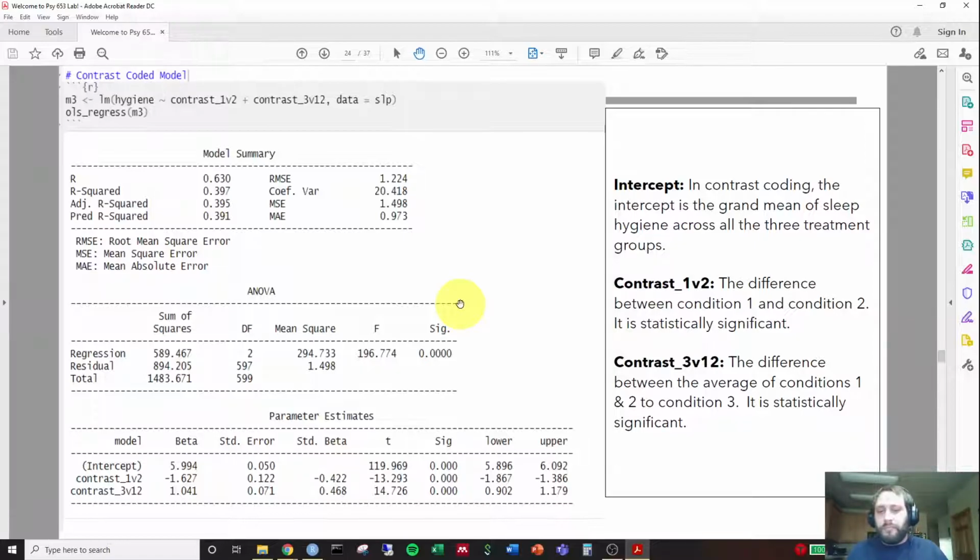by seeing if it hit the grand mean. If it didn't hit the grand mean, it means that your contrasts aren't orthogonal to each other. Okay,